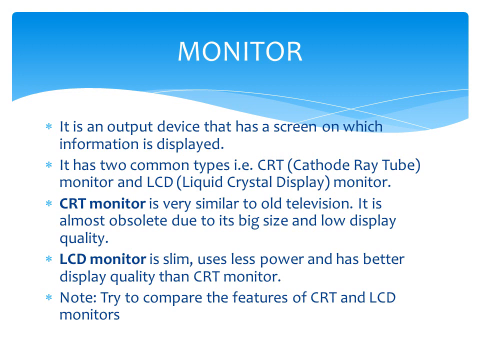First one is the monitor. It is a commonly used output device that has a screen on which the information is displayed. It has two common types, CRT, cathode ray tube monitor, and LCD, liquid crystal display monitor. A CRT monitor is very similar to an old television. It is almost obsolete, not used nowadays due to its big size and low display quality. While the LCD monitor is commonly used, it is slim, smaller in size, uses less power and has better display